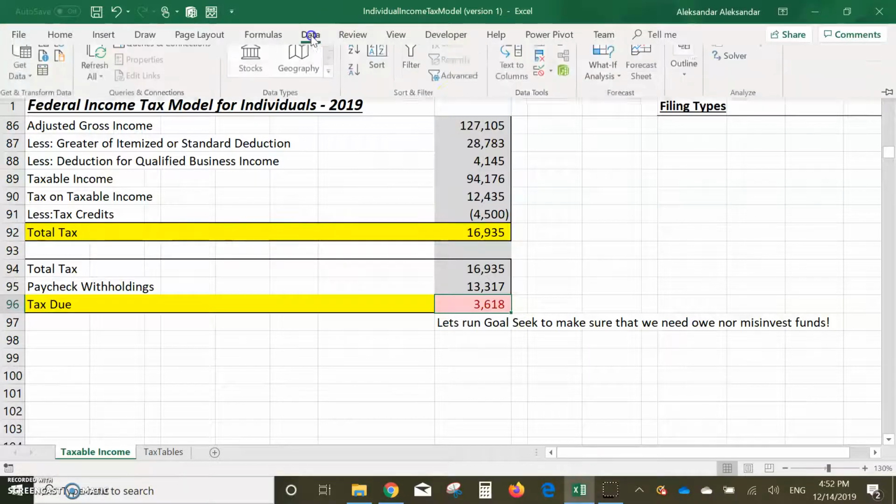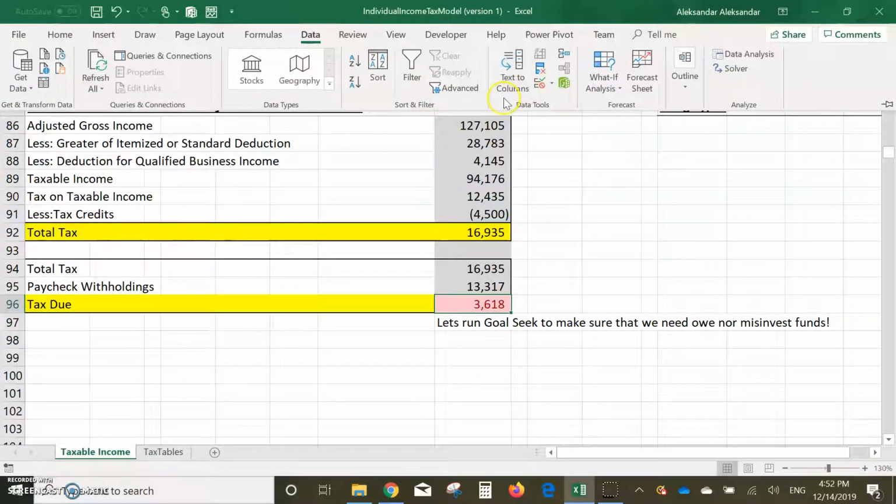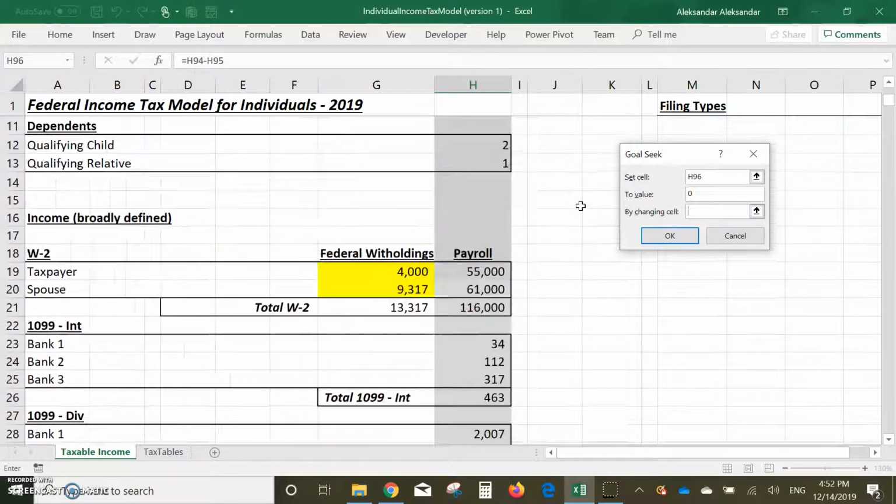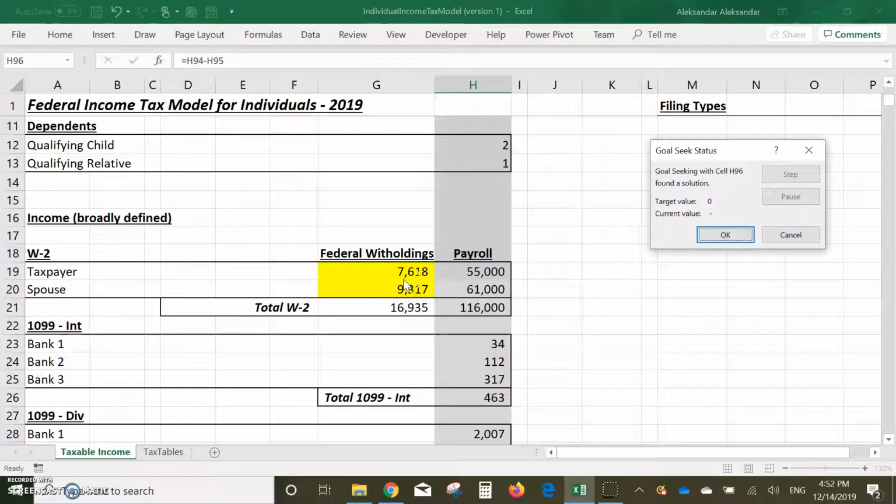And for this, I'll run a goal seek. I want next year to be 0, so I want the cell value to be 0, and I want to change the withholdings. It looks like the taxpayer, not the spouse, withheld too little. So let's see how much they should have withheld in total. So instead of 4,000, for the difference we can tell our HR